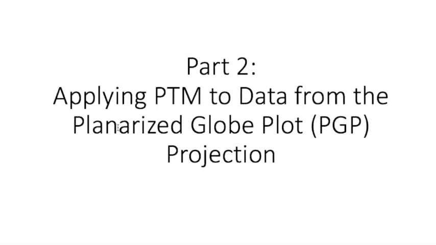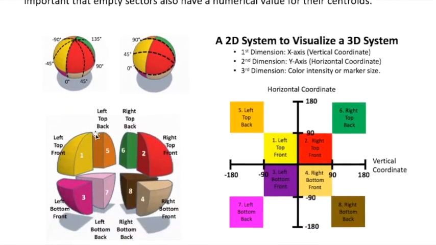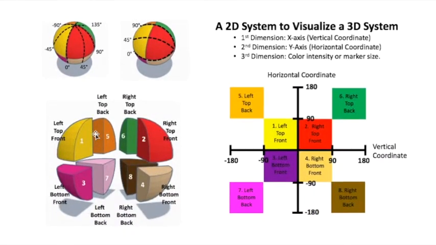So part 2 is how to apply PTM data to PGP data. So what is PGP data? The planarized globe plot, right, is a 2D system to visualize a 3D system, right? So here, if you have a 3D sphere and you divide the sphere into sectors according to these degrees here,